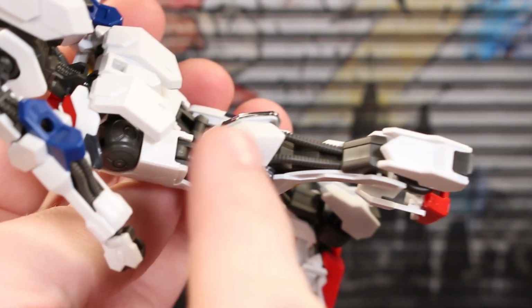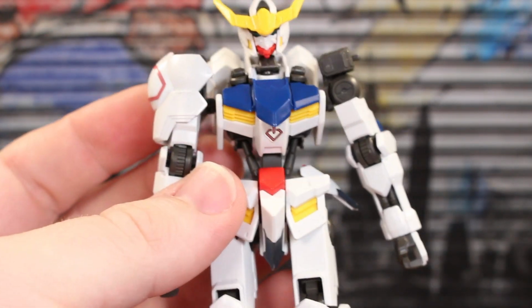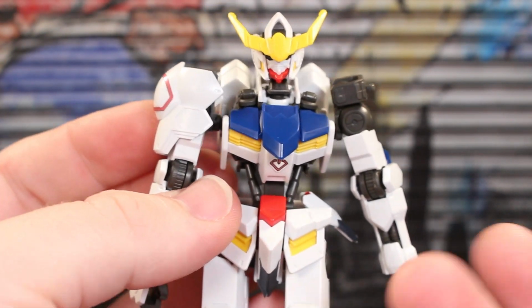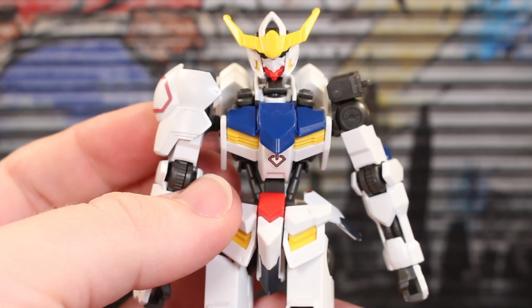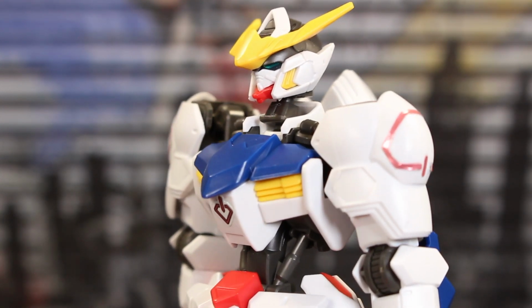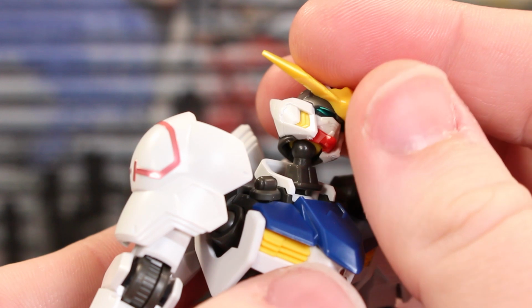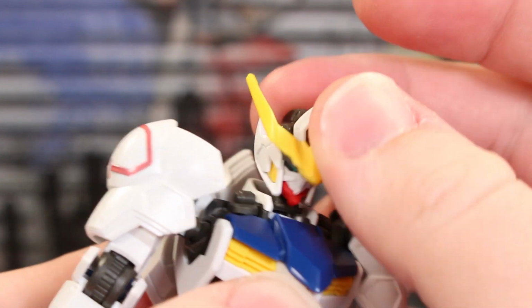I forgot to mention how cool these back leg tube sections are. But also, detailing-wise it still looks good, and if you bring out panel lining, it'll look even better. If anything pops off during the articulation section, I'll leave it in just to show you how things may not be super secure. But the neck polycap here is pretty standard. Two different ball joint sections, so you can get pretty good